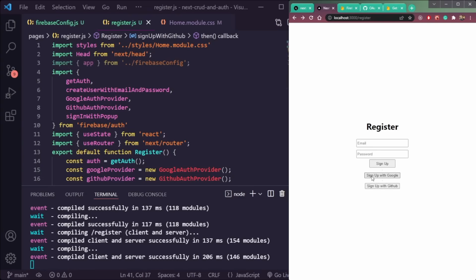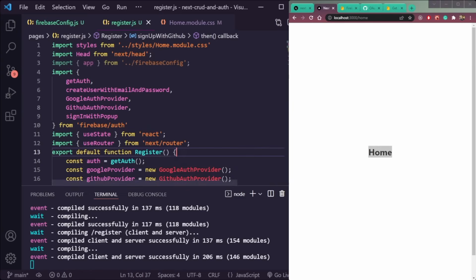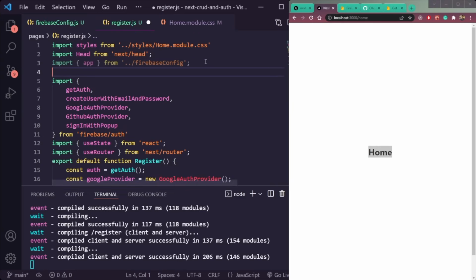So sign up with Google again. Sign up with Google. And it will work because we already have the same email here and we are on the home page. So let's do one more thing here before going to the CRUD operations, is import useEffect from React,